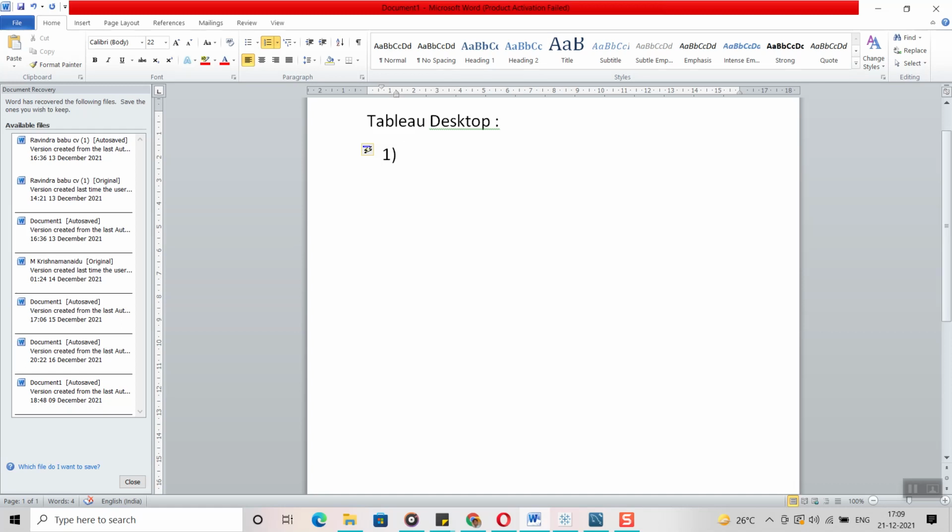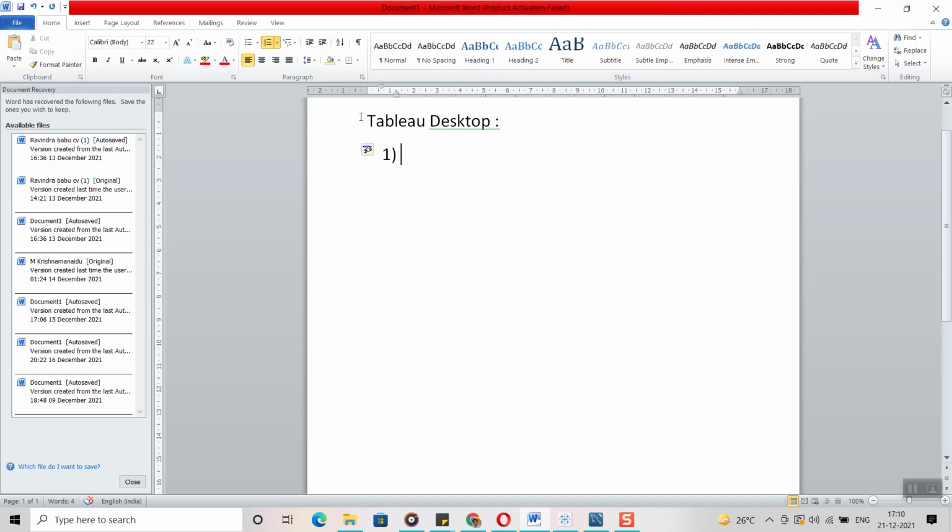Mainly you have to remember Tableau Desktop is an application which helps us connect to different kinds of databases and create visualizations. This is going to be useful to develop reports by connecting to different databases. Simple thing, I have just said the same definition in different ways. Nothing special. This is Tableau Desktop.